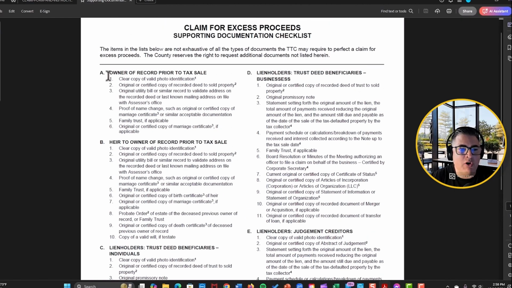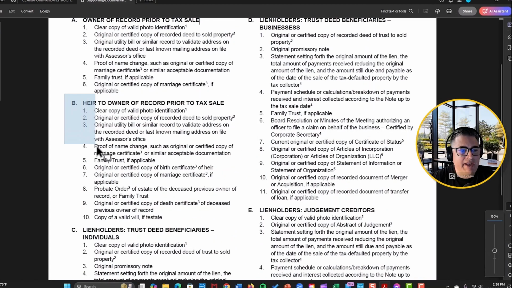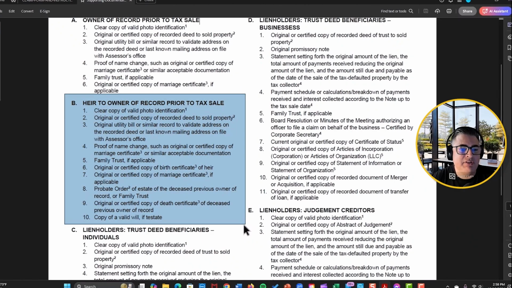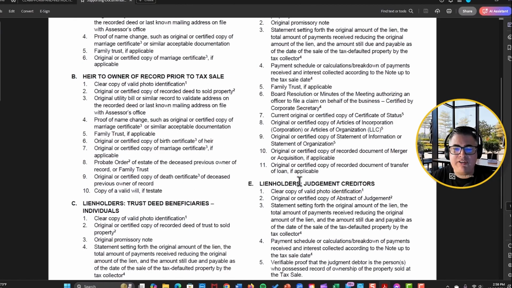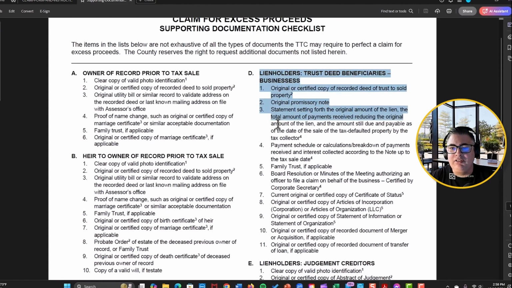order to file claims. So if you have owner of record here, which would be the owner filing a claim. Now, if the assignment was given to us to collect, we would go by this here, because we are going to be acting on behalf of the owner. Here, if you look at B, let me enlarge this for you. You have an heir. So let's say it was a child of the property owner and they passed. Now, what would be required if the children wanted to file a claim on behalf of their deceased parent? And then you have trust deed beneficiaries, individuals, lien holders, and lien holders of trust